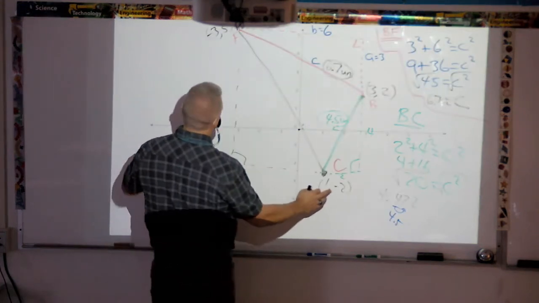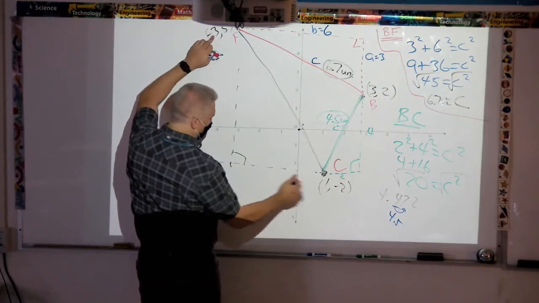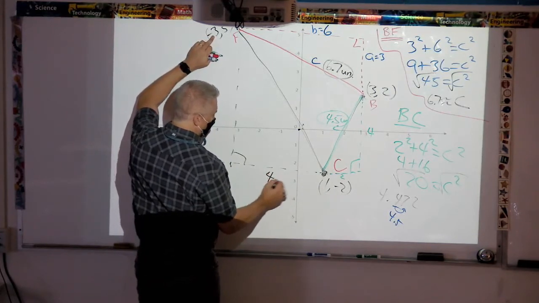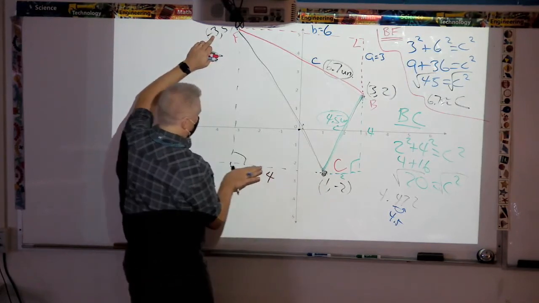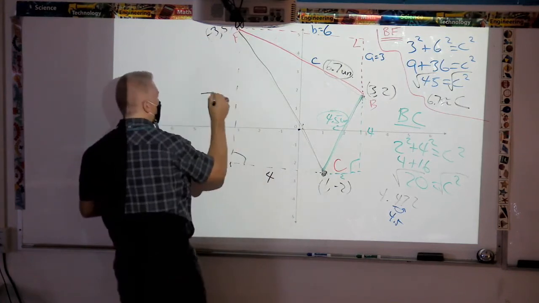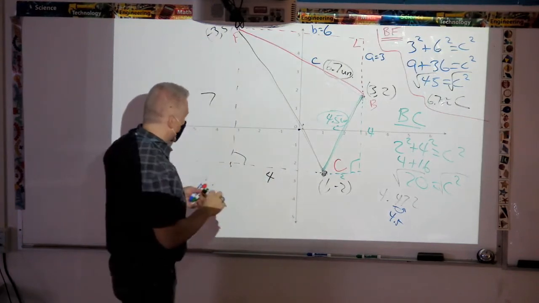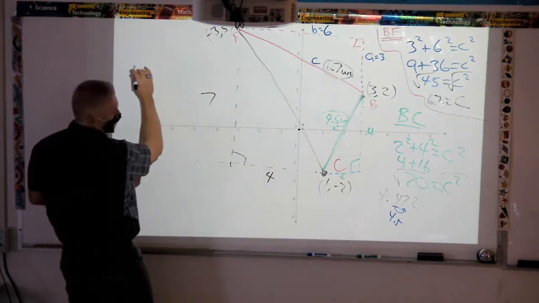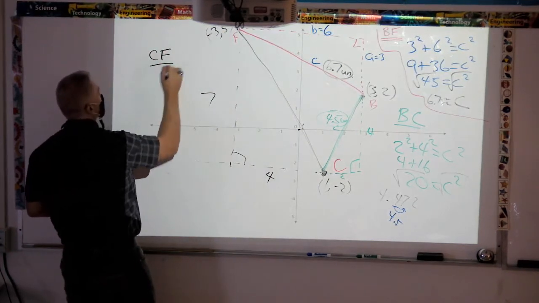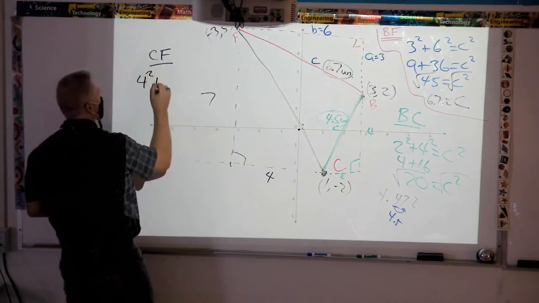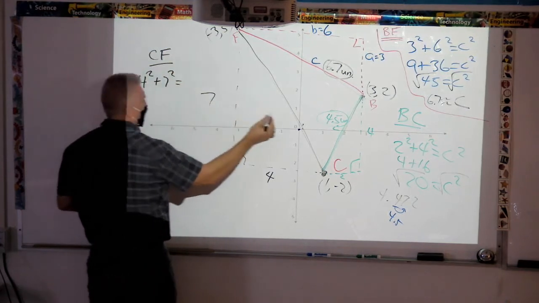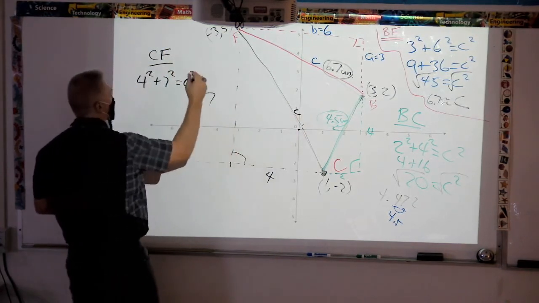Okay, so from -3 to 1 is 4. That's my change in x. From -2 to 5 is 7. So for CF,